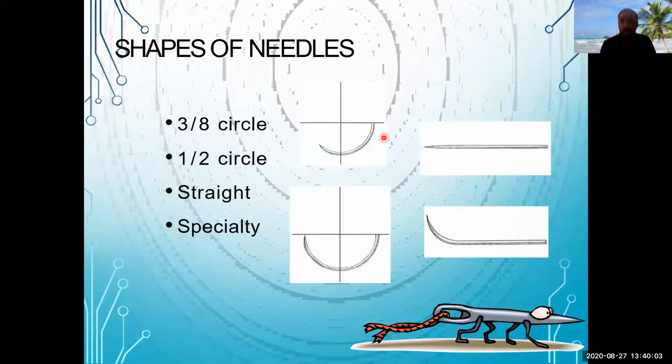Depending on how much of the circle the needle has covered, if we divide it into 8 parts, this 2, this 2, this 2, this 2, then you can find that 3 parts it has covered. So 3/8 of a circle, if it has covered that much, then there is the half circle like this. Some others are straight also, curved also. This is some J-shape tip. You can see a special kind of suture. This is mostly used in laparoscopy, where we mostly use J kind of needles.